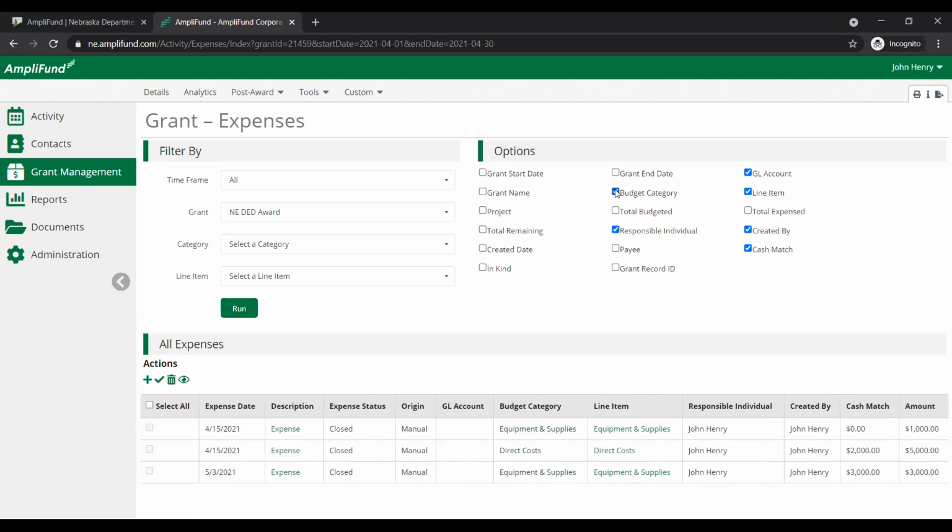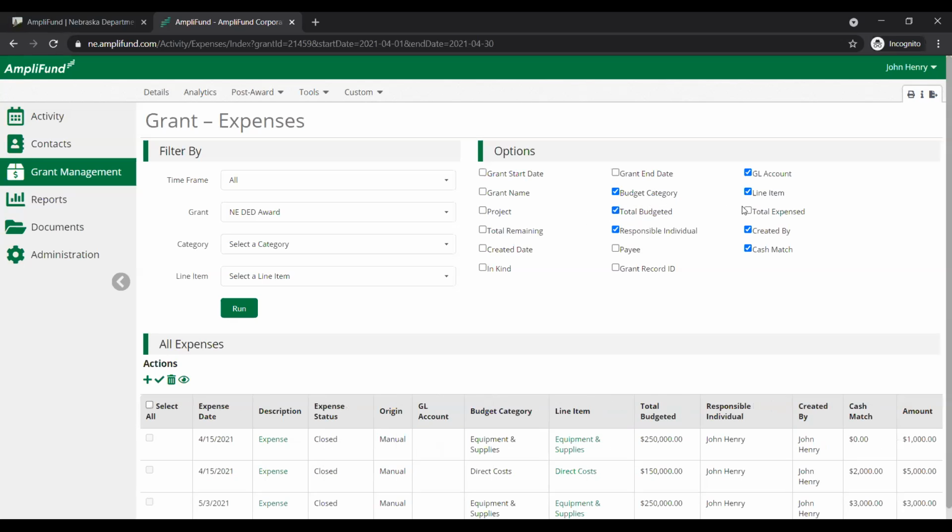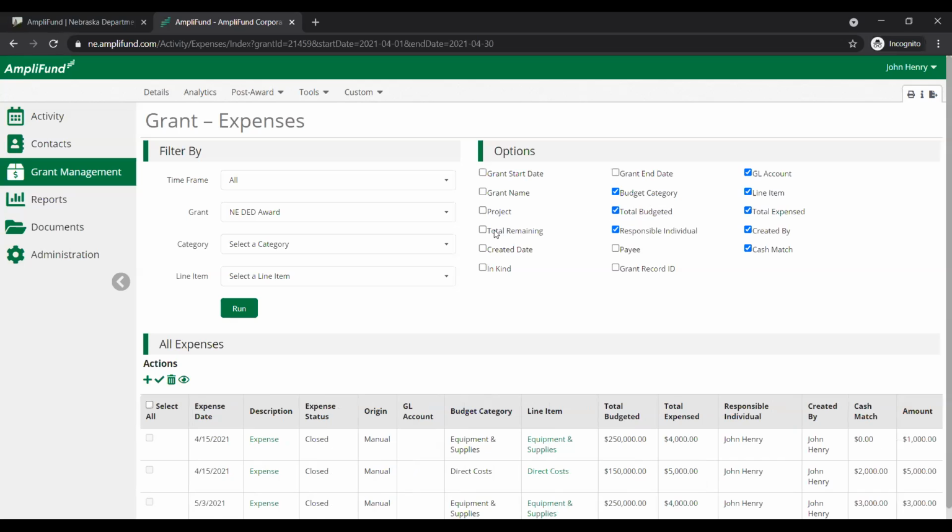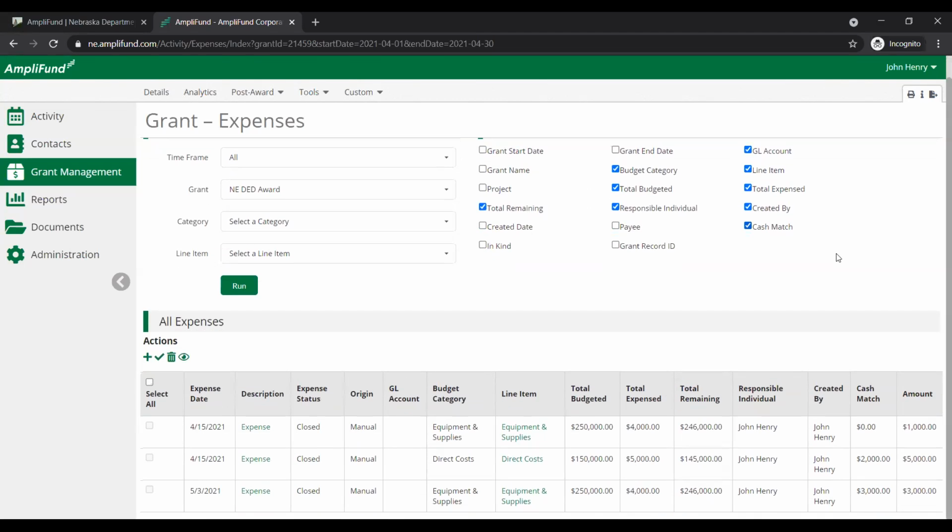So like if you wanted to see the budget category that these were added against, you could select that. Some of the most common ones and some of the most beneficial ones from a reporting standpoint is total budgeted, total expensed, and total remaining. So you turn all of these on and you'll be able to see a nice little report of all of that information that's available